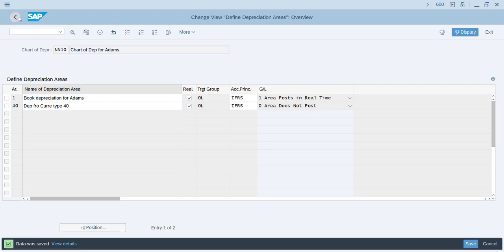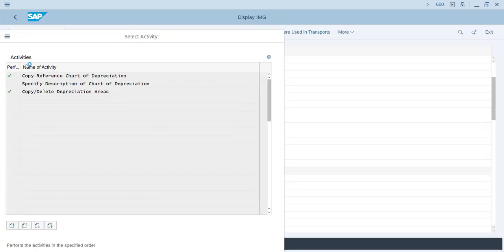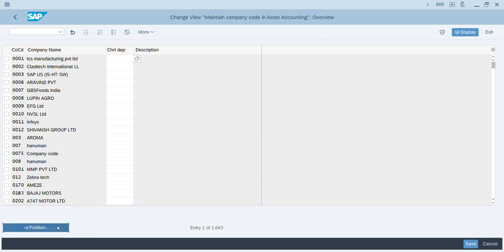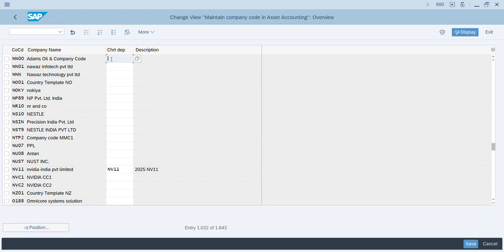So let's quickly go back to where we want to assign our chart of depreciation and see if it has solved our error. I'll quickly look for my position again, company code, and then 00 is my company code. Then I'll just click on the chart of depreciation, which is N10. Then I'll go again to see if I've saved it. I'll Control S,